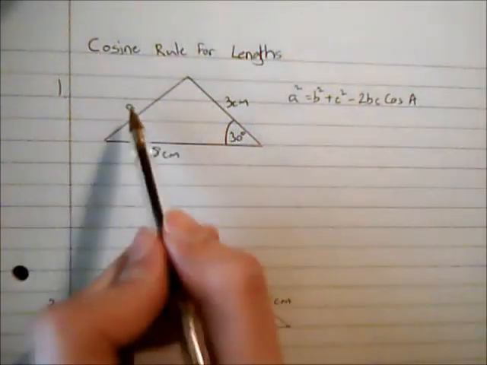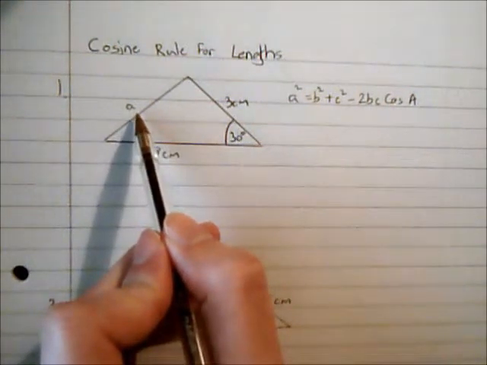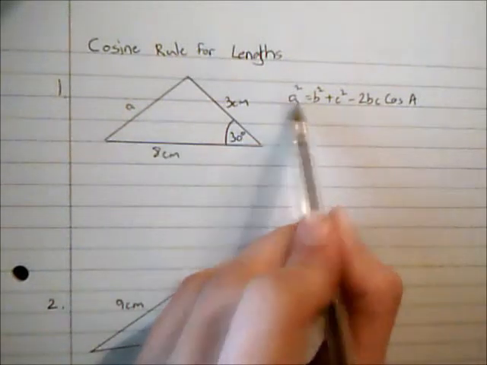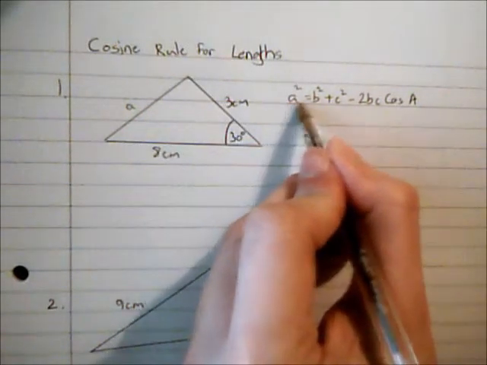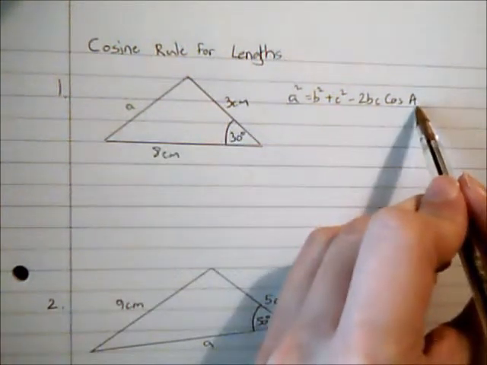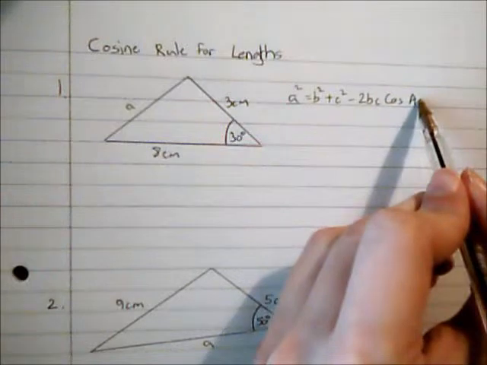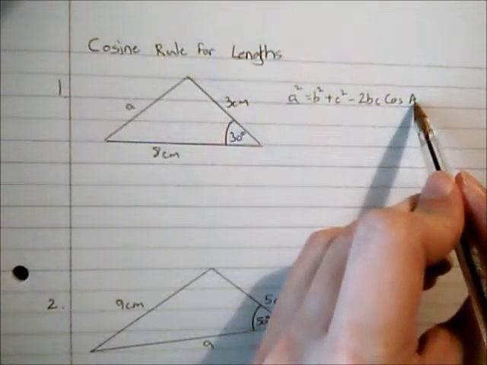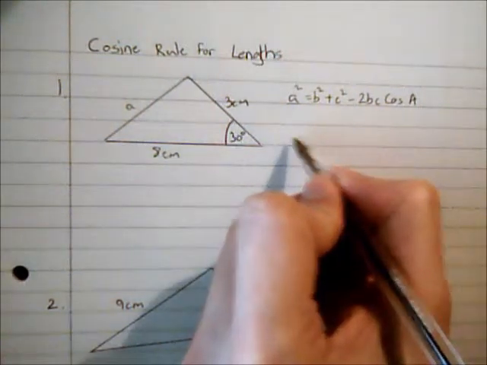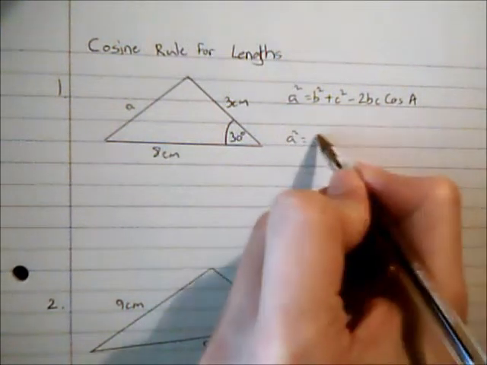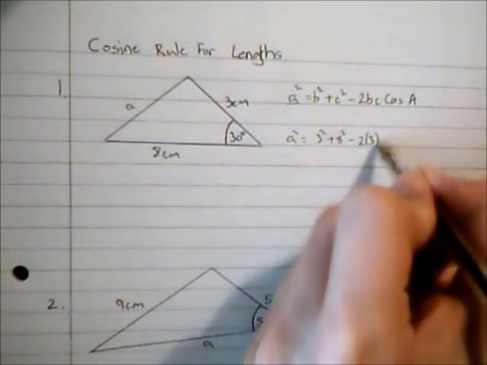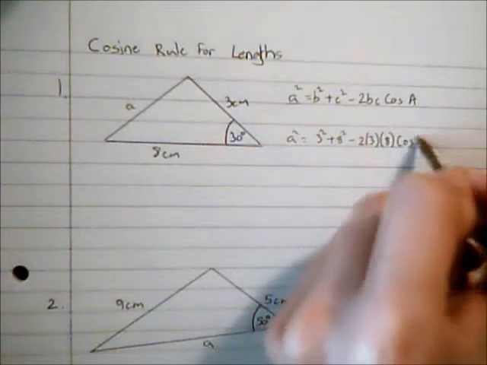Now I've got to make sure that the letter that I'm looking for here, so the length of this side, is matching up with this term, because it is opposite the angle, and the only one that is fixed is that the angle that we're using has to be the capital letter, so it has to be the A. So I can do a substitution here, so a squared is equal to 3 squared plus 8 squared minus 2 times 3 times 8 cosine 30,